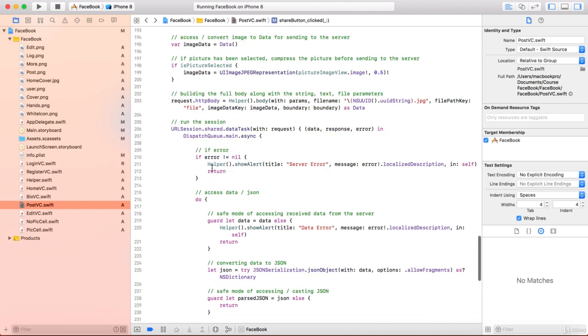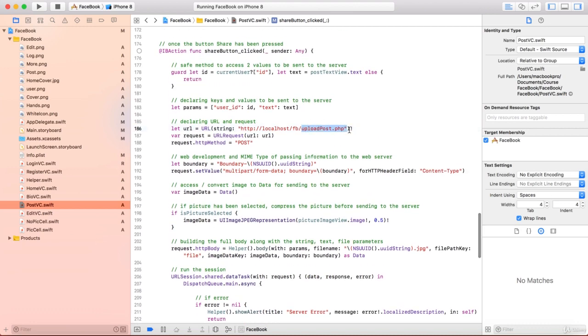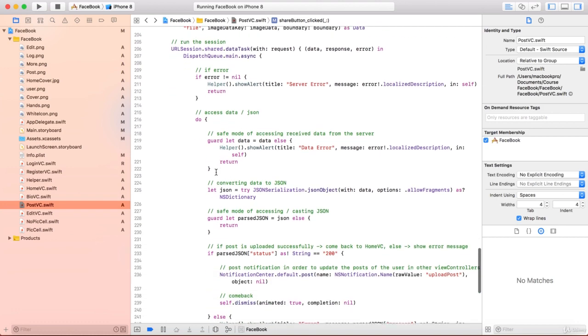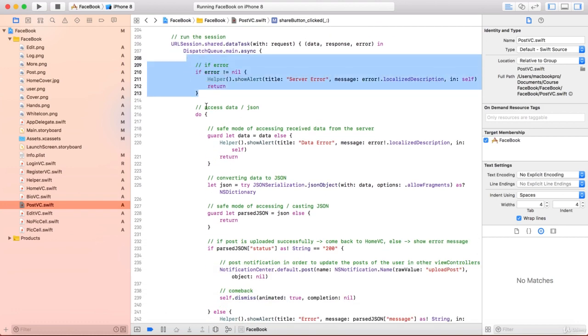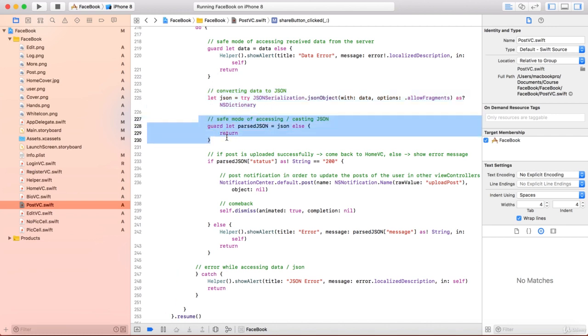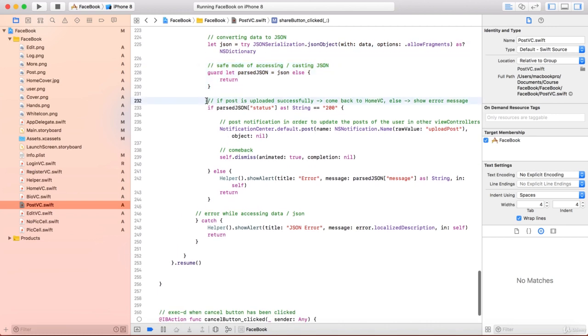When we run the uploadPost.php, this is the HTTP request, when the error, this is when the JSON, here we receive the JSON, here we safe-cast the JSON, and here we write if status equals 200, 200 means successfully. Then we will dismiss the view controller, means we'll come back to the previous view controller, and